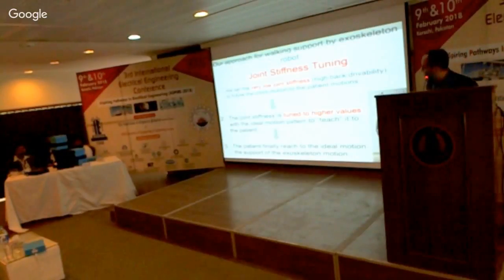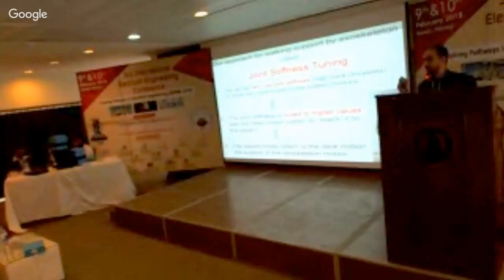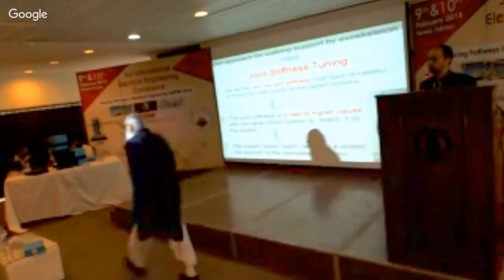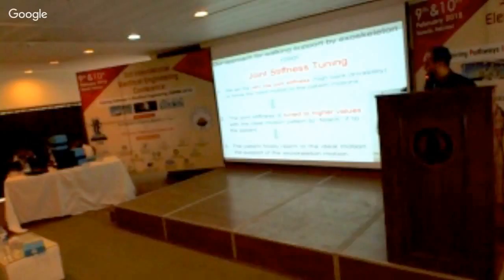So these are the steps we should do. For people who wear the exoskeleton, first we decrease the joint stiffness of this robot. And we have a mechanism that monitors how many reflexes it receives from the patient. Reflexes means that the body's local loops start to fight against or accept these machines. The more reflexes we read from this robot, the more we believe that the body is fighting with this robot. So we try to decrease the stiffness of the robot